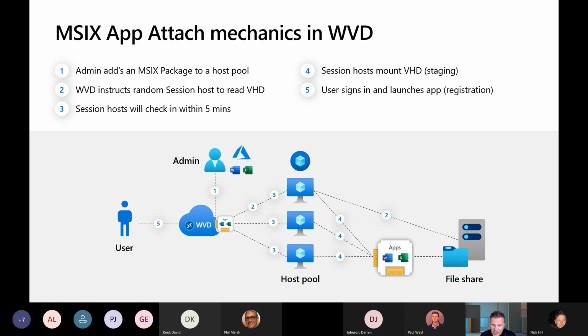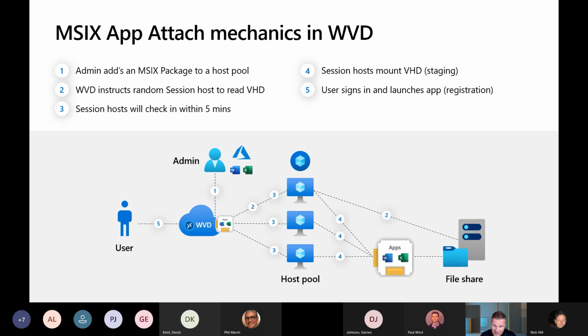It will go and read that VHD, read the application, check that there's the certificate, it's in the right format. If that all passes, then it will effectively register that application with its host pool. At this point in time, the other VMs in that host pool don't know anything about this application. But within 5 minutes, and that can be configured, all of the remaining session hosts themselves will check in with the control plane to see if there's any new apps that need to be mounted. They will then read the VHD, mount the VHD, and then